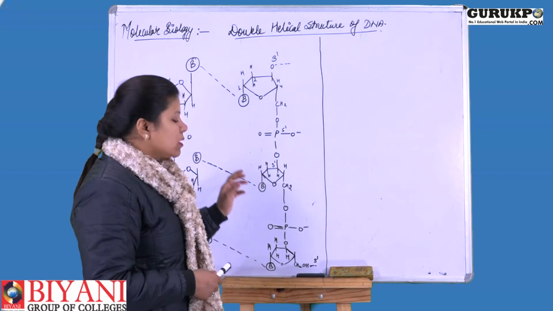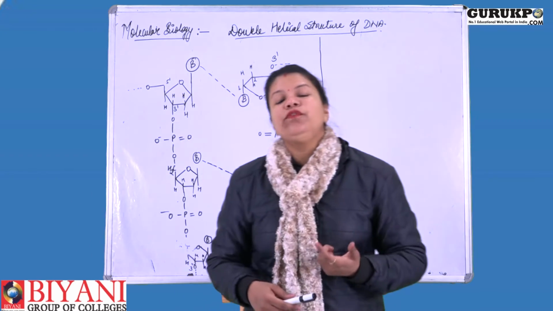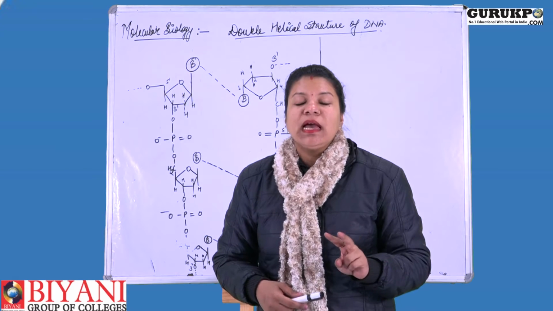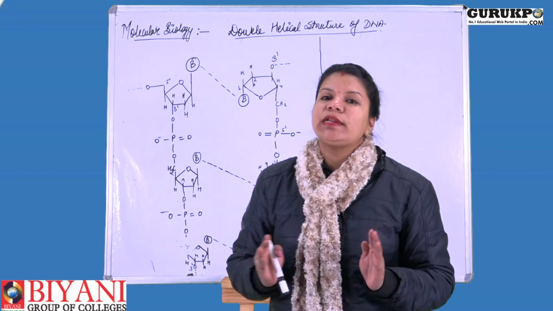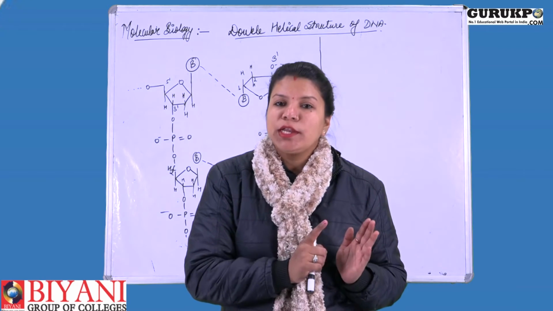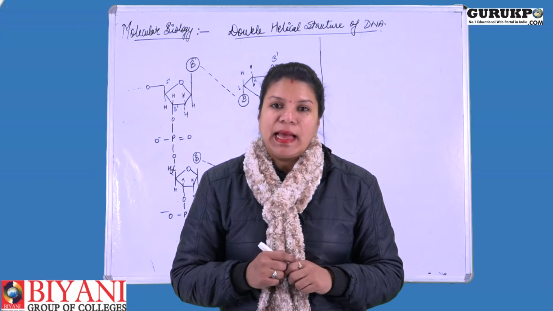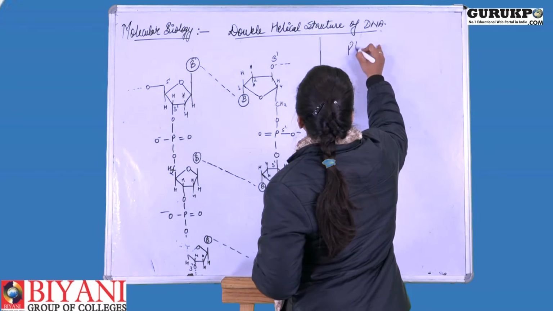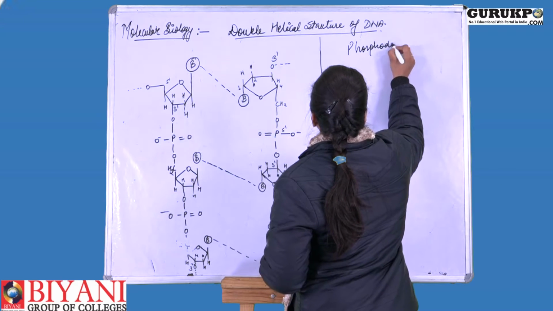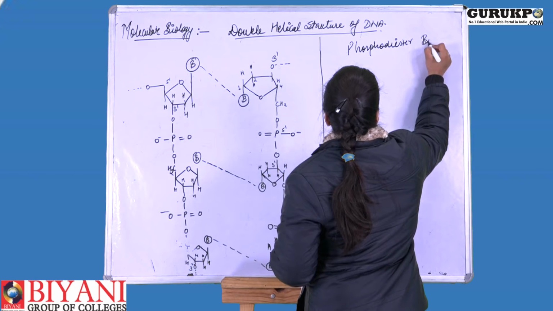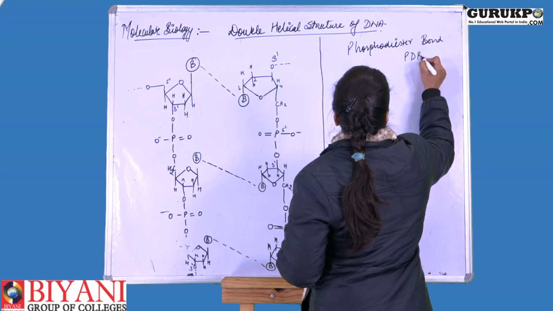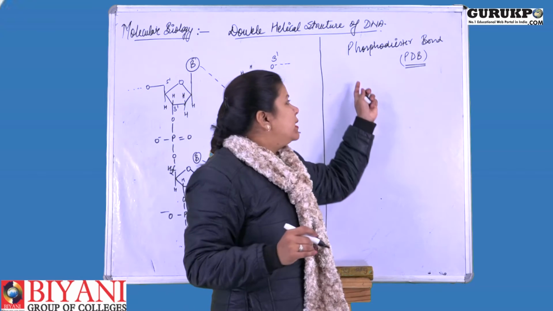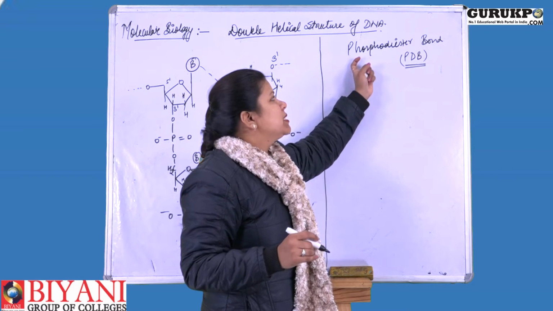Okay, so for this we first have to form a bond which is present between two different nucleotides, right? The bond which combines one nucleotide with another is named the phosphodiester bond, that is PDB, phosphodiester bond. You can simply understand from its name that it comprises a diester linkage which is present between the phosphate